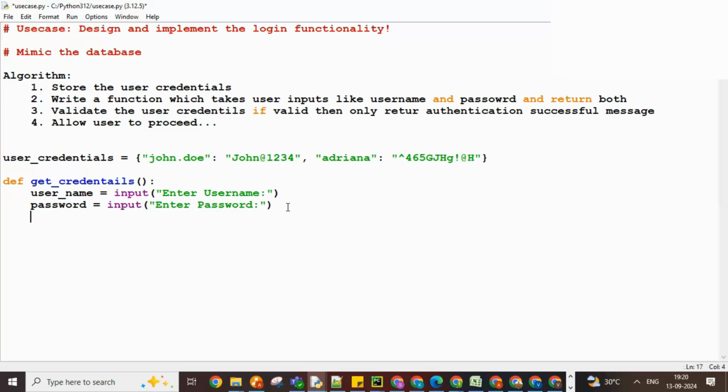Now how can you return? If you want to return two values, so simple. Return username, password. That's it, you're done with it. Next, what is the next function? Validate, right? So to validate, def